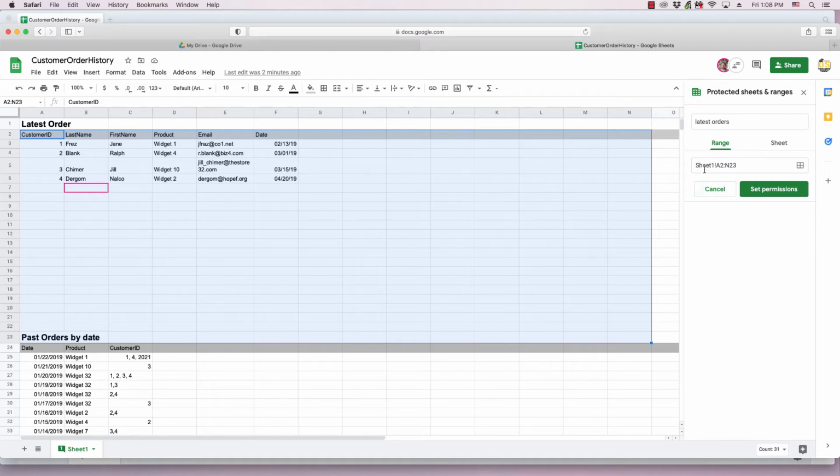tab, and it shows in sheet 1 cells A2 through, and I've actually got this past orders date in there, but we'll go ahead and leave it. So cells A2 through N23, that block of cells is what I desire to protect, and I just simply click